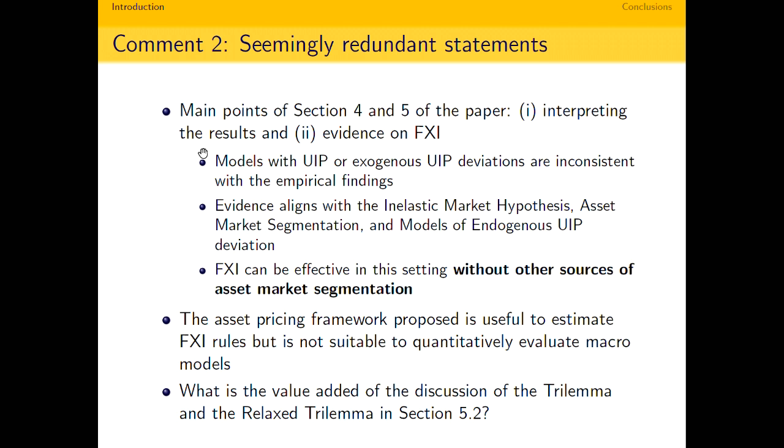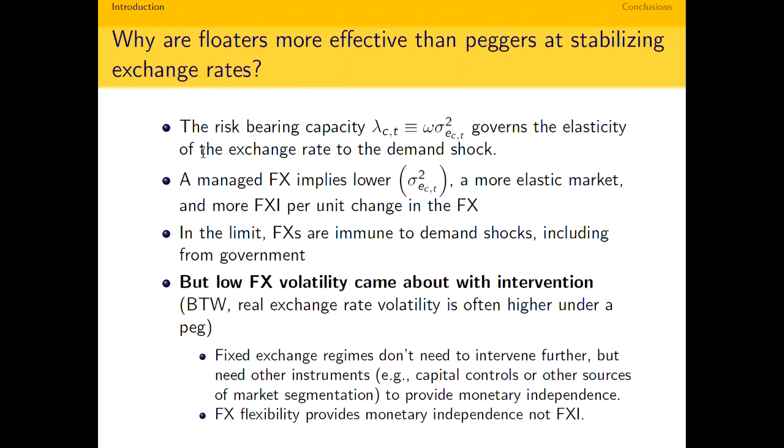In particular, I'm really not sure what we learn from the discussion of the trilemma, but this is a minor point. So why are floaters more effective than peggers at stabilizing? I mean, the basic point is over here. The risk-bearing capacity is endogenous in this type of model. This is the kind of idea that is in the Oleg and Dimitri framework. Over there, the volatility is endogenous, and that is critical. It's beautiful, it's very elegant, but it has the limitation that we cannot really apply that framework to an environment where that has been squashed with this or some other